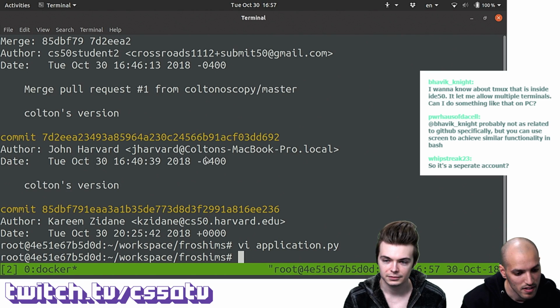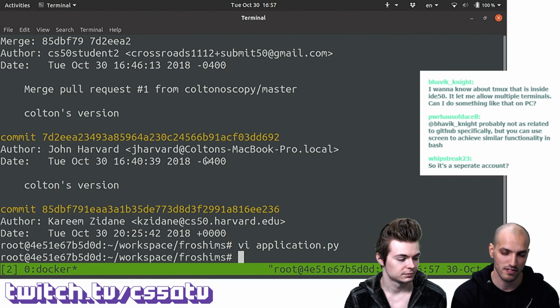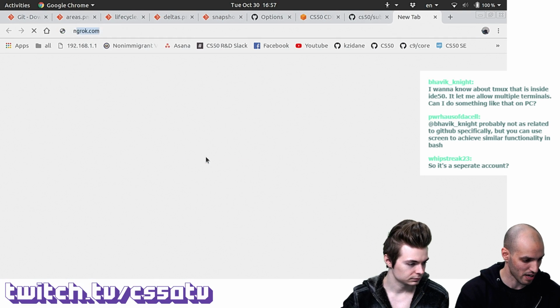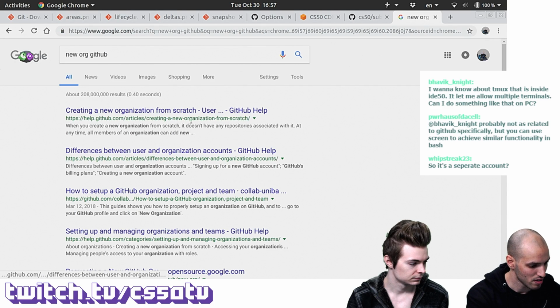Cool. So is that a separate account? Yes, the CS50 organization, you can think of it as a separate account type that more than one of us has access to. I guess you could create a new organization somehow. Let's Google this real quick.